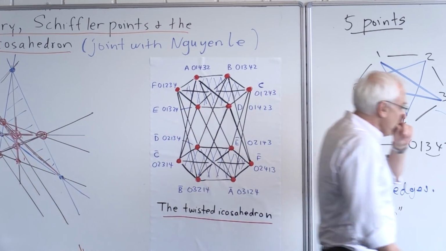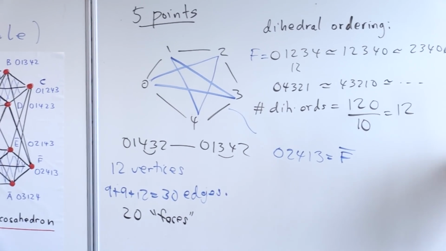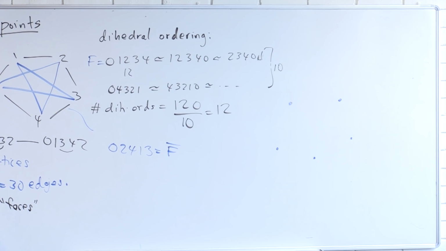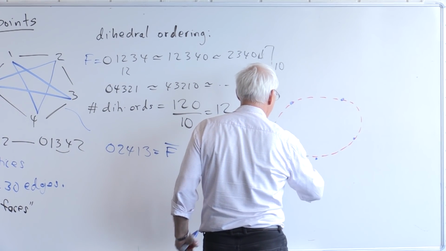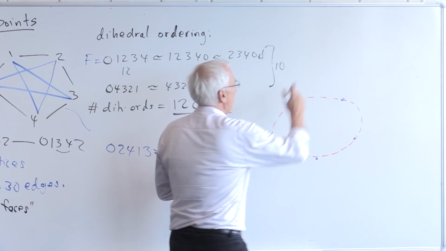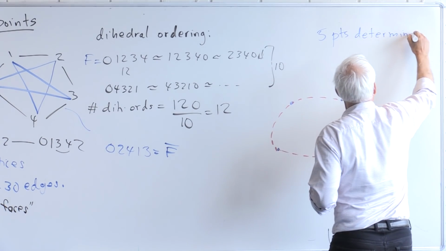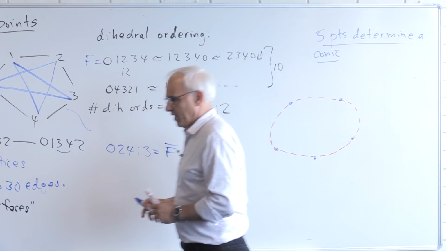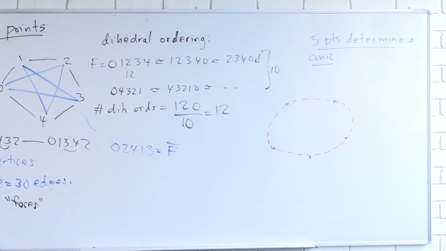Okay, great. So now I want to talk a little bit more about fiveness in the context of points in the plane. So the crucial fact about 5 points in projective geometry is that 5 points determine a conic. Okay, this is a beautiful fact. And 5 points in general position determine a conic. And let me say a little bit about that because it's kind of an interesting thing that figures actually in practice quite a lot. You have 5 points and you want to draw a conic through them. How do you go about doing that?